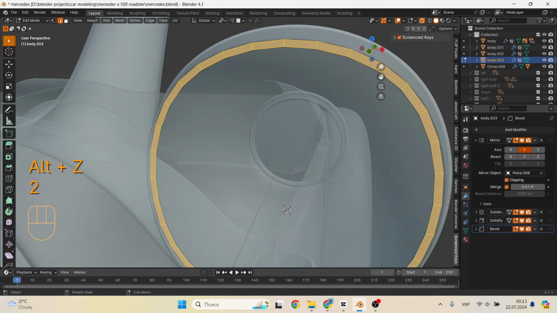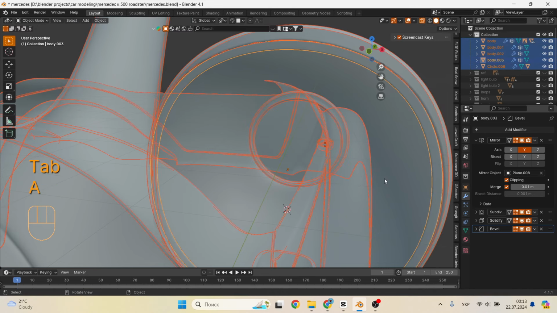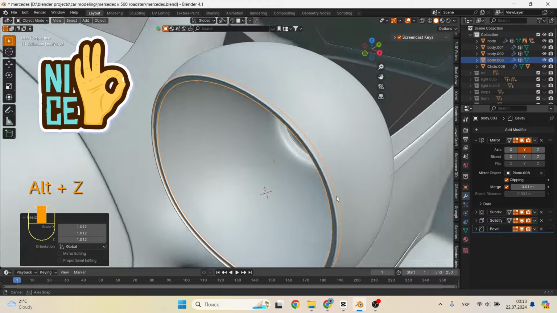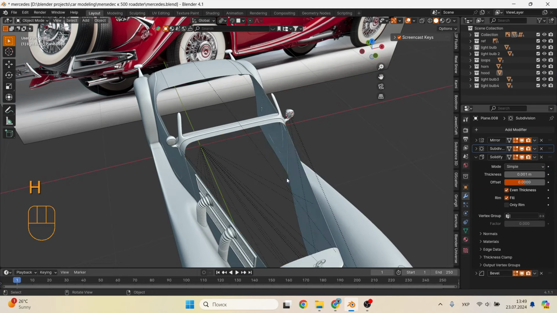And since this was a part of the headlight housing, all the necessary modifiers are already on it, so we just need to correct the dimensions a little and push it inward a little. Well, actually, these 2 parts need to be added to each of the headlights. Okay, let's look at the reference what the next element looks like.